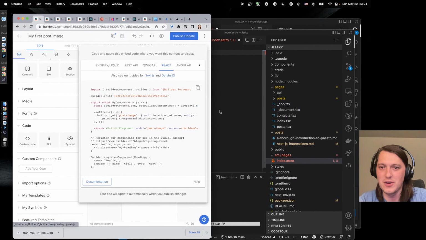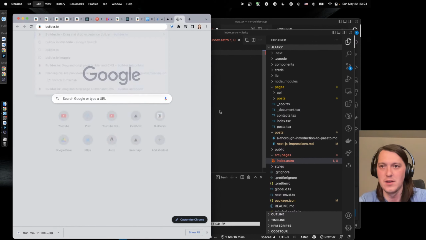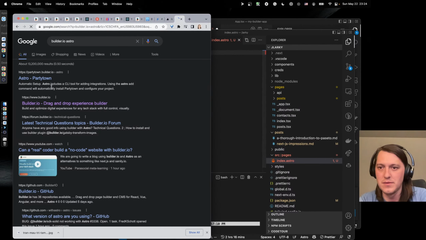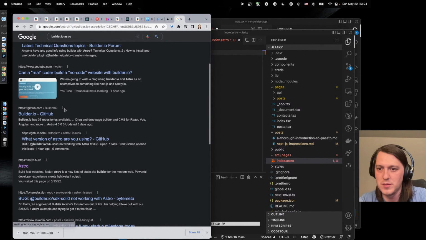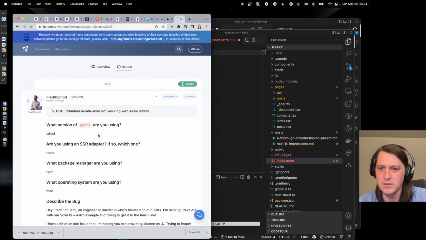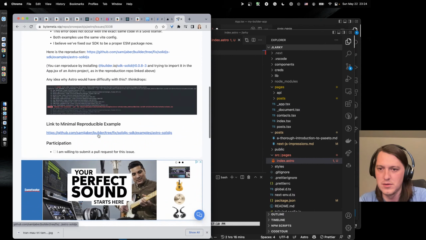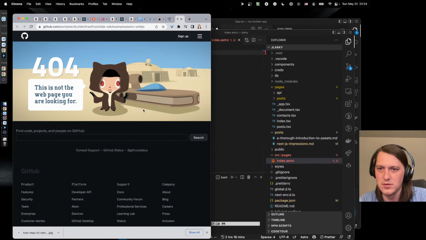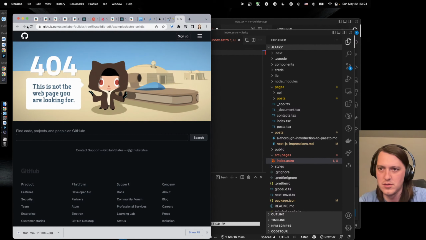Speaking of code, so do they have Astro? Builder.io. Builder is case solid, not working with Astro. Okay, so is it all? Was it fixed?